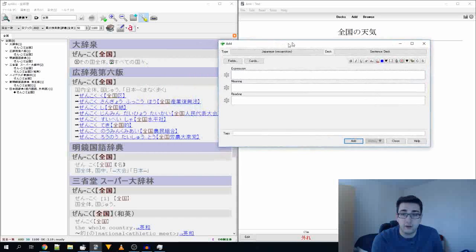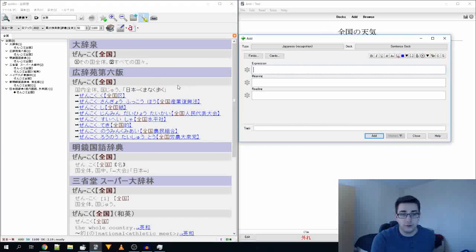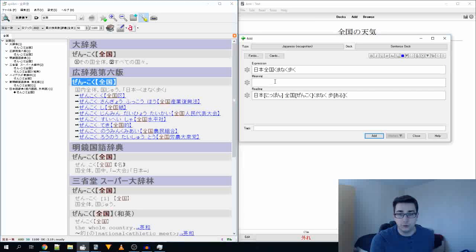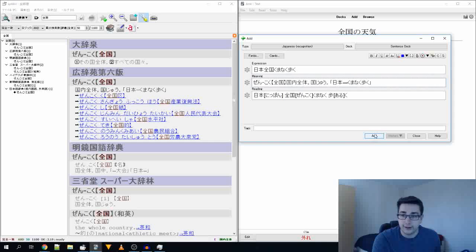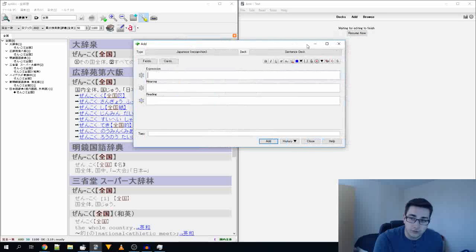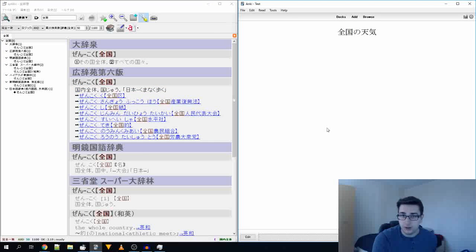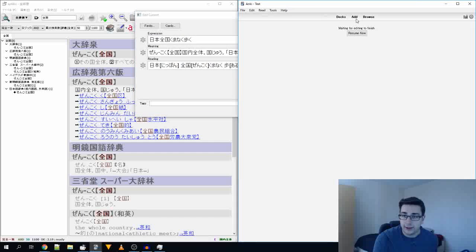From here, all you have to do is add new sentences. Let's add this example sentence from the dictionary. Okay, we got the reading here. If we do Sengoku again, we can do that. We can click add. Once it's added to the deck, so assuming we studied this one, we'll just click OK. Yeah, we knew it.